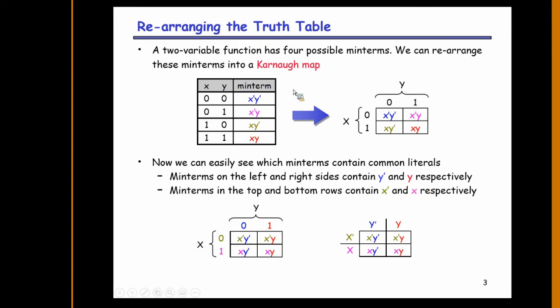Okay, right. The minterms are m0, m1, m2, m3. Minterms are the product terms. Hence m0 is x bar y bar, m1 is x bar y, m2 is x y bar, m3 is x y. Now how we arrange those minterms in this square: we have taken a big square that is divided into 4 parts. Now this is your most significant variable x, and this is your least significant variable of your given function.